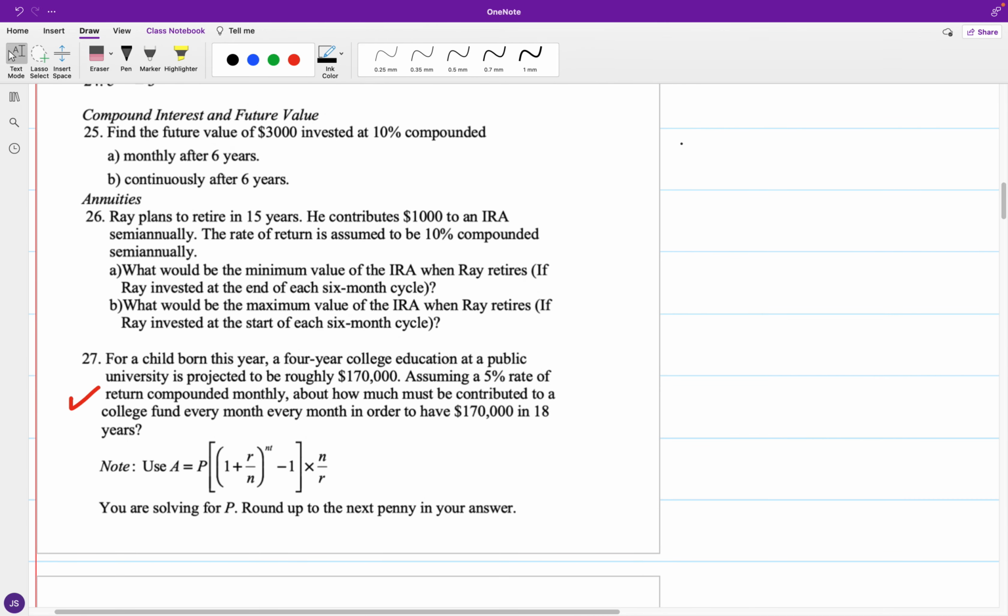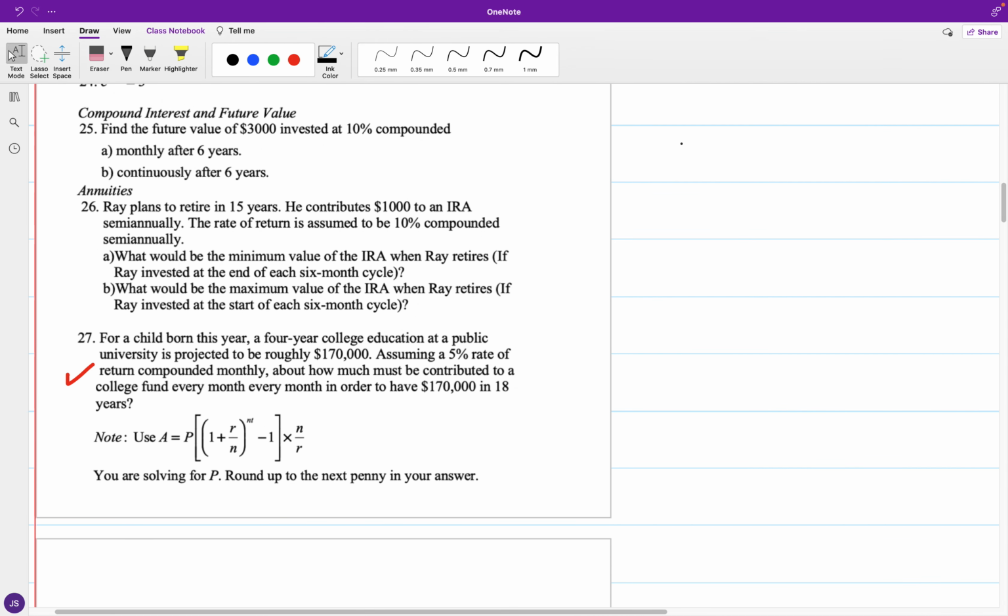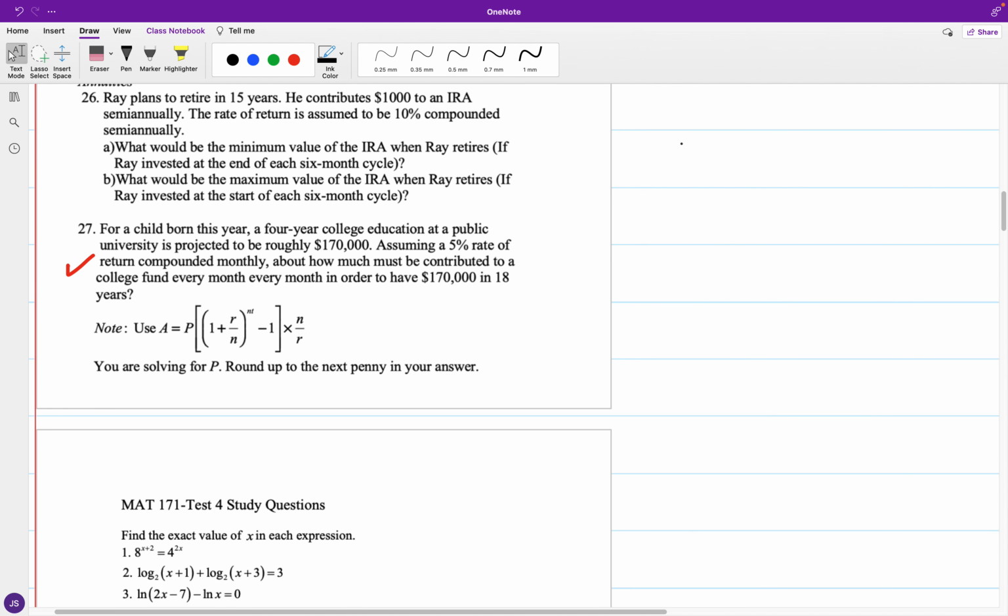Okay, we're just backtracking for what we have had concerning mathematics of finance. We have a holdover from the first part, this little item with annuities. For this held over problem, number 27, we have a child born